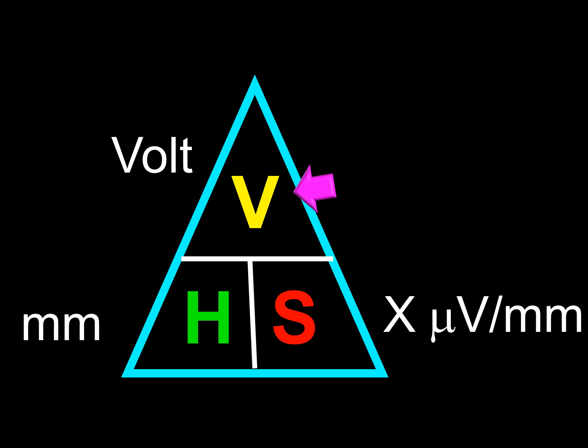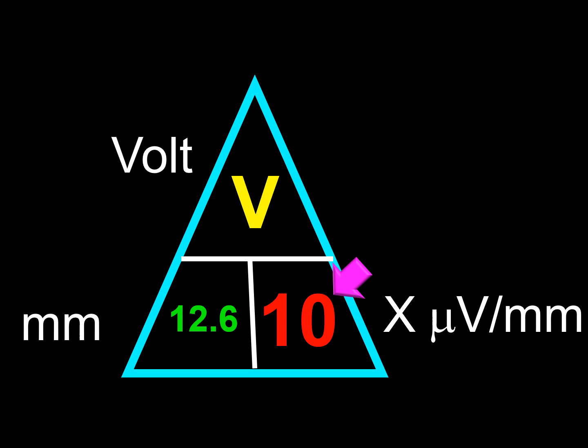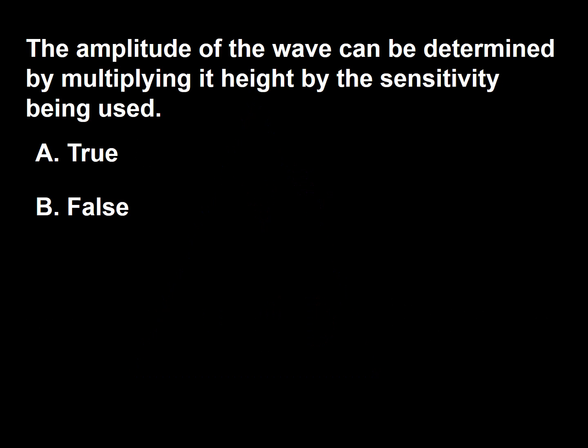The voltage of the wave would have been determined by multiplying the height by the sensitivity. In this case, since the height is 12.6 and the sensitivity 10 microvolts per millimeter, the voltage would have been given as 126 microvolts. So the answer to this question is